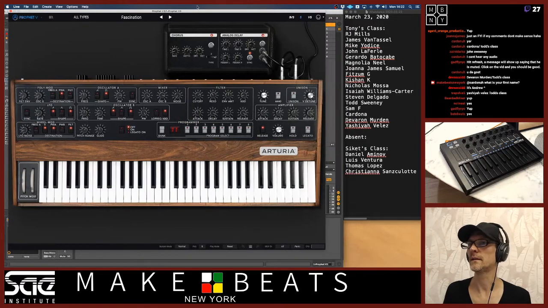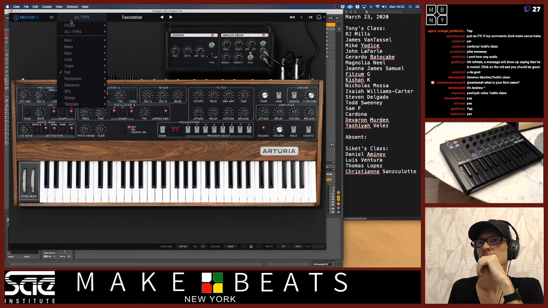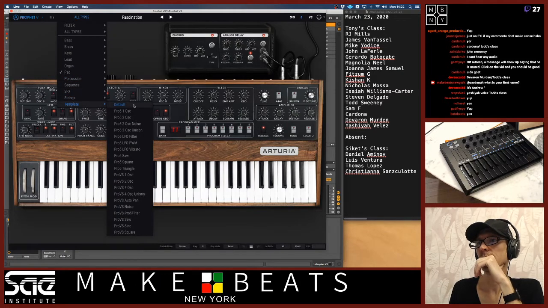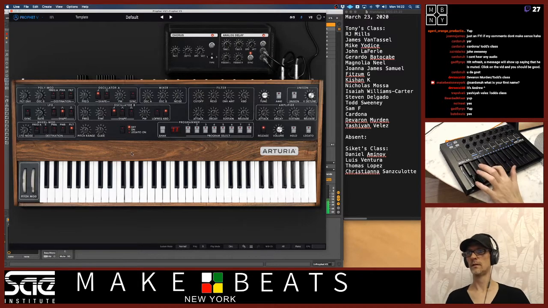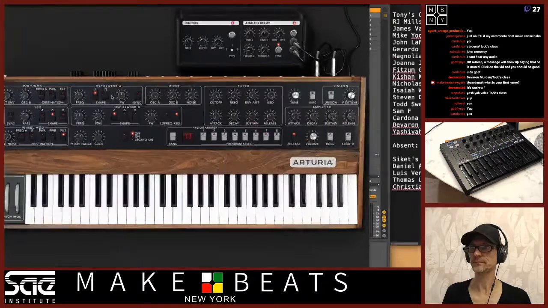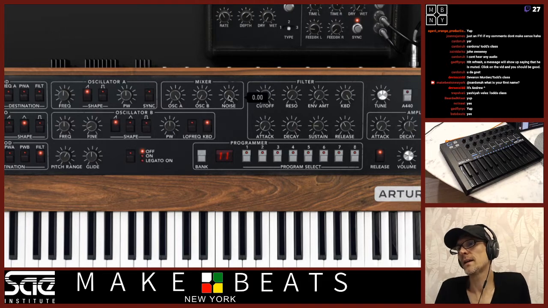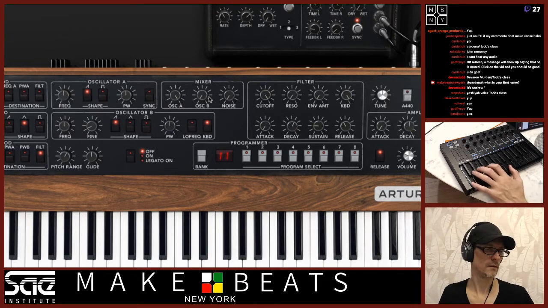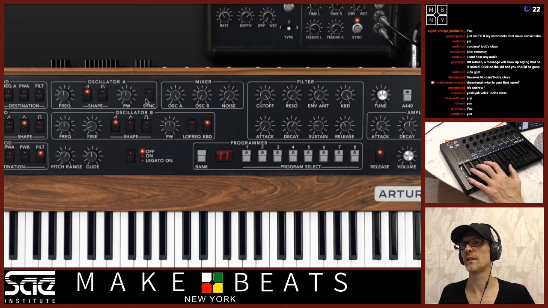Okay, so what I'm going to do in here is, let's go to a template and go to a default. Super boring sound. Now, what we've got here is we have two oscillators. We have oscillator A and oscillator B, and we've got the mixer here. And then this one has a noise generator as well. But right now we're only hearing oscillator A, and I can switch between these two shapes,